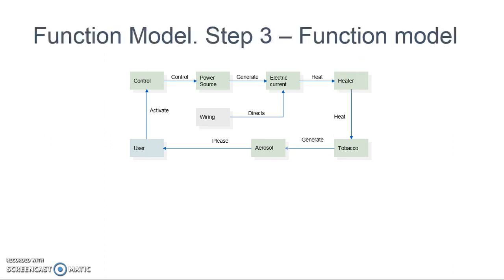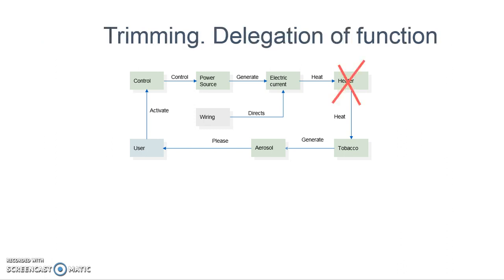Okay, so before we go to the trimming exercise, we have again to revisit the value of trimming for patent circumventing. If we have a patent we need to circumvent, we can build a functional model and then eliminate one or several elements. And then what we arrive at is another system. So let us try to experiment. If we just decided to remove heater, definitely, of course, the system is going to be different. And we can apply trimming rules A, B, or C, in order to substitute the function, or to make the function